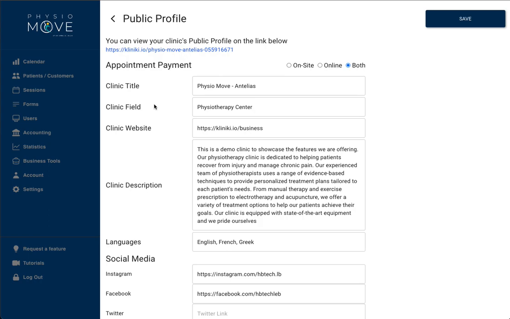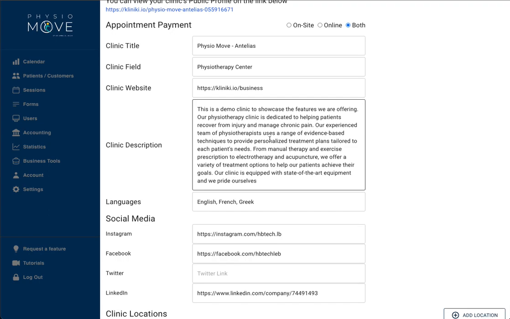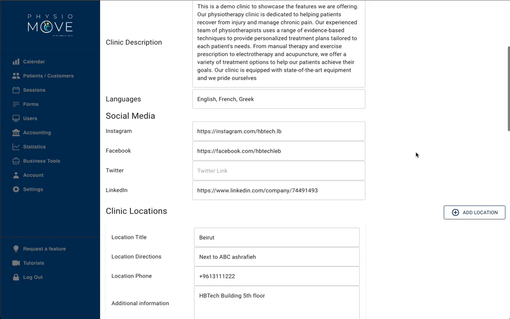You'd say what field of work you work in. So if you're a physiotherapy center like here, or if you're a dentist or a dental lab, or a tattoo shop or a beauty clinic or whatever field you work in, you can add that here. If you already have a website, you can add your website here. You can add a description for your clinic, the languages spoken at your clinic or the languages that you're able to communicate with. Your social media section,